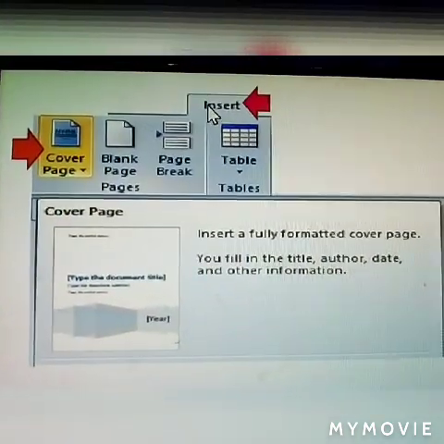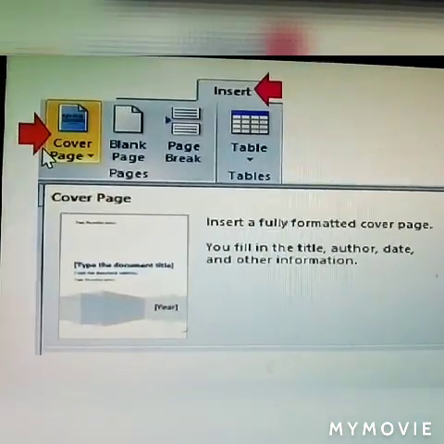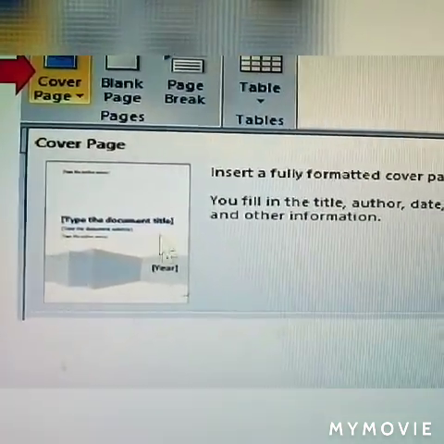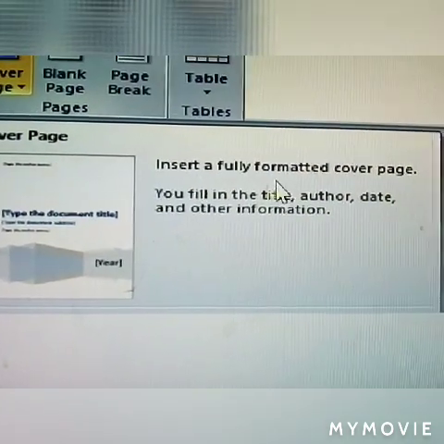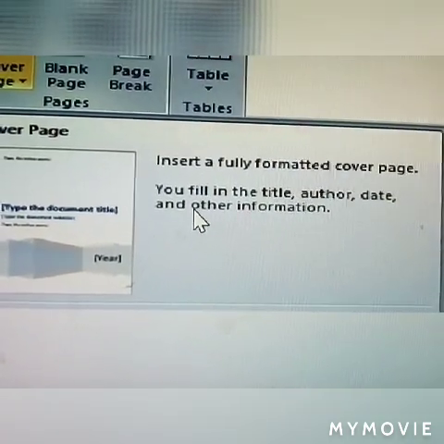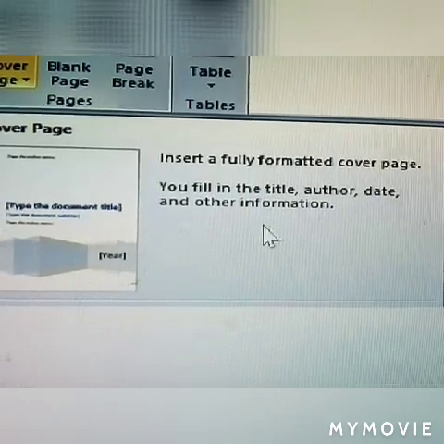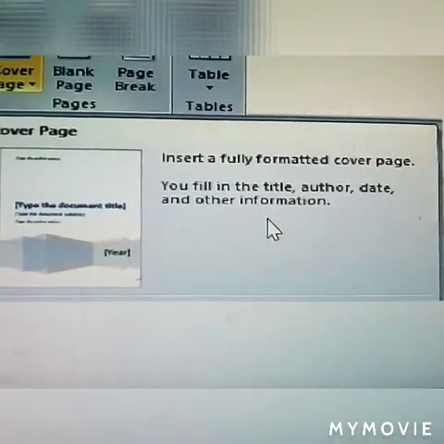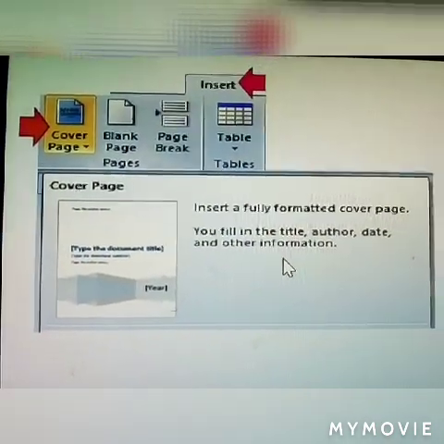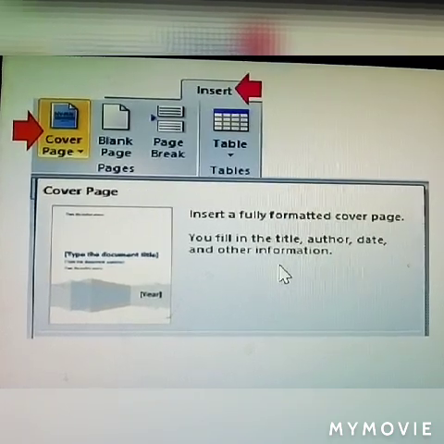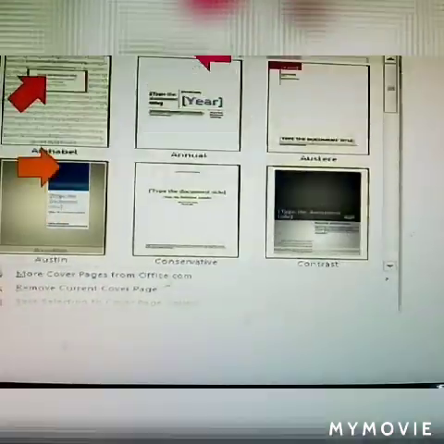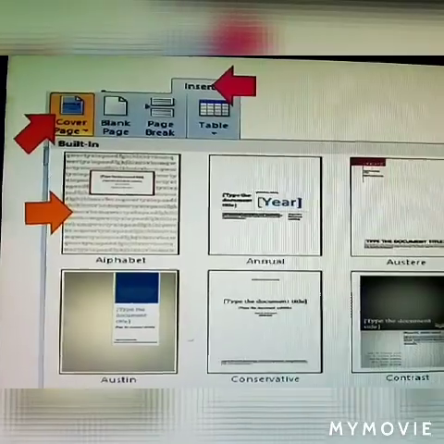First step, click Insert, then click Cover Page. In this cover page gallery, so many cover pages are available. Insert a fully formatted cover page. You fill in the title, author, date and other information. Yes, insert.